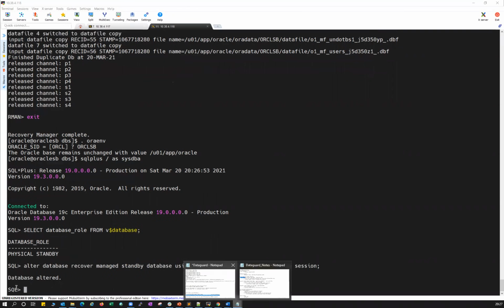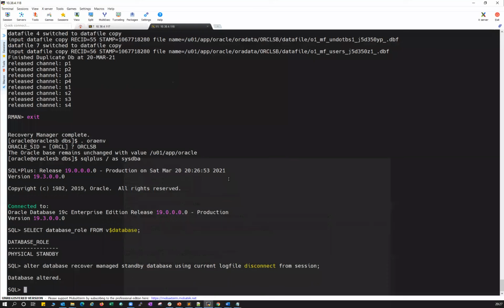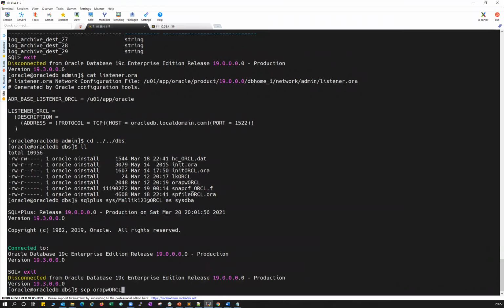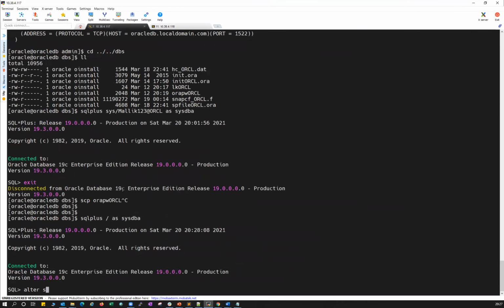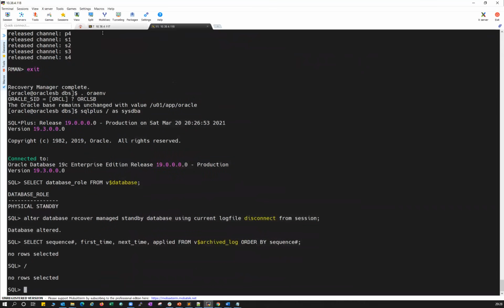And then we'll see here, and this is a gap you can check. No rows selected, so we'll do some archive log switch here. Alter system switch logfile. If I do it here, nothing.